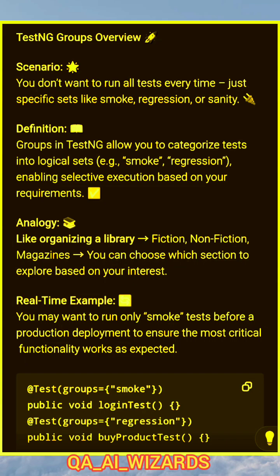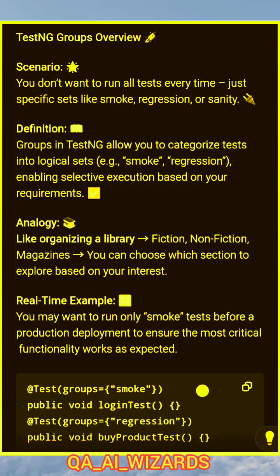Analogy: like organizing a library. Fiction, non-fiction, magazines, you can choose which section to explore based on your interest. Real-time example: you want to run only the smoke test before a production deployment to ensure that the most critical